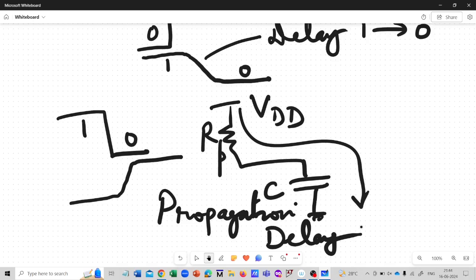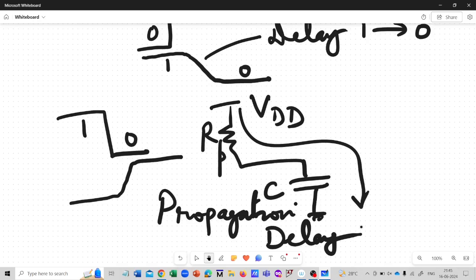So basically what we are modeling as C here or R here will be a lumped value which consists of the capacitances as well as the resistances due to the transistors and the interconnects. Of course, modeling these capacitances or resistances is out of the scope of our discussion,